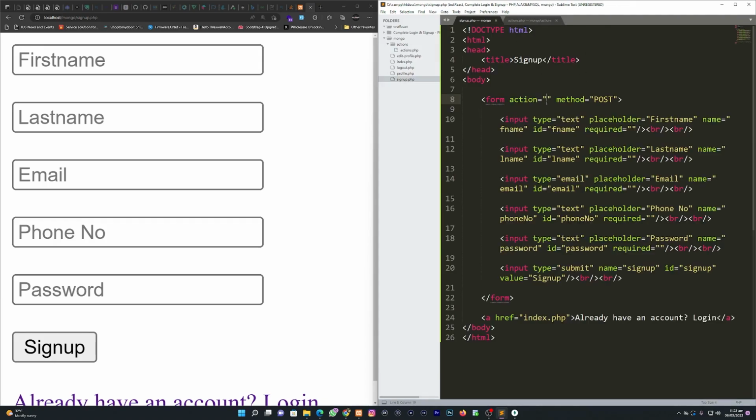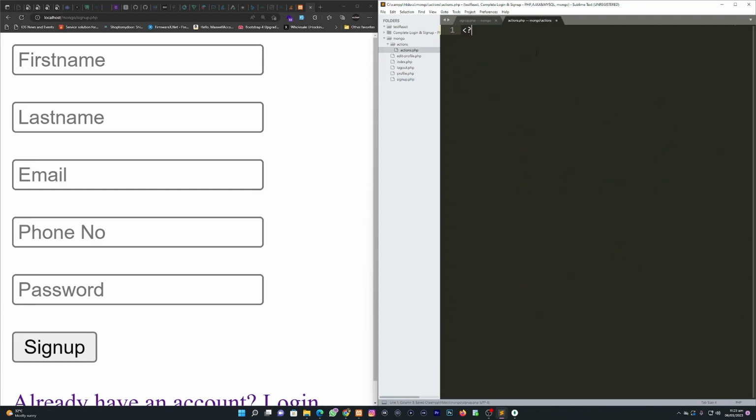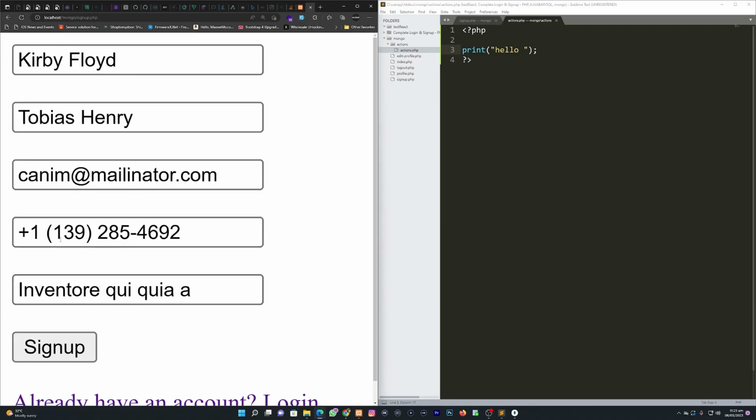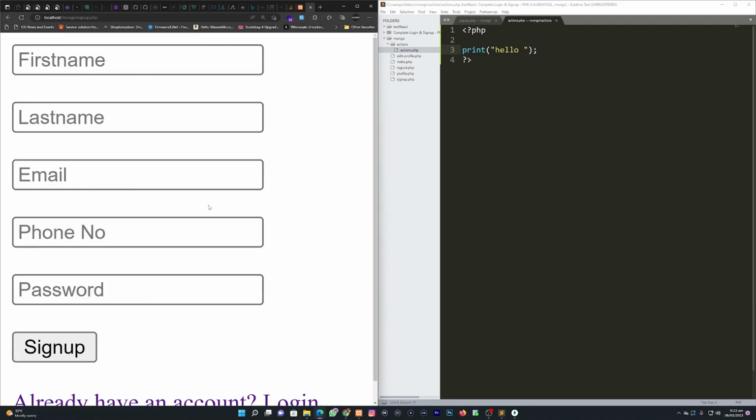So now let's come back to the action attribute. Inside it, I'm going to pass in the folder name, which is actions. Then inside actions, we have a file called actions.php. Okay, so inside this one, I can just open the PHP block here. Then I can print something like hello. So when I click on sign up, this is a mandatory field, so I'll just pass in some random codes here. When I click on sign up,